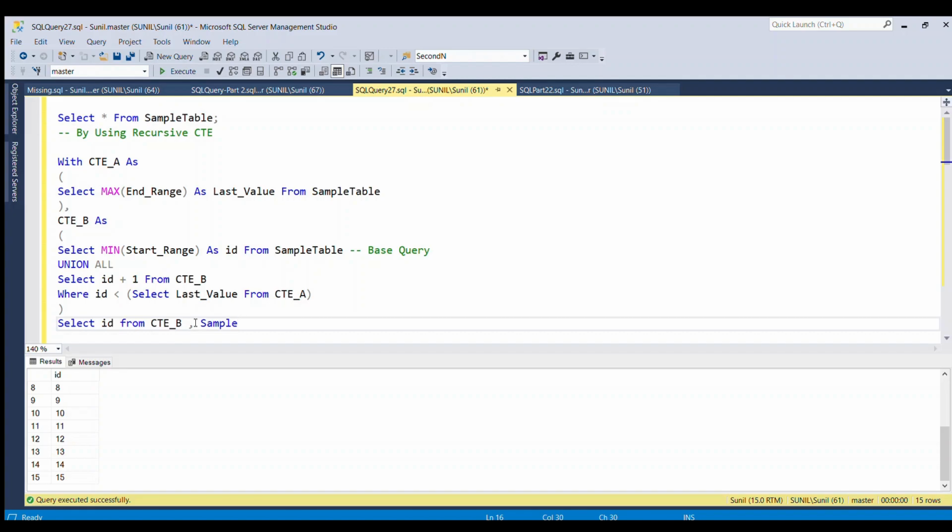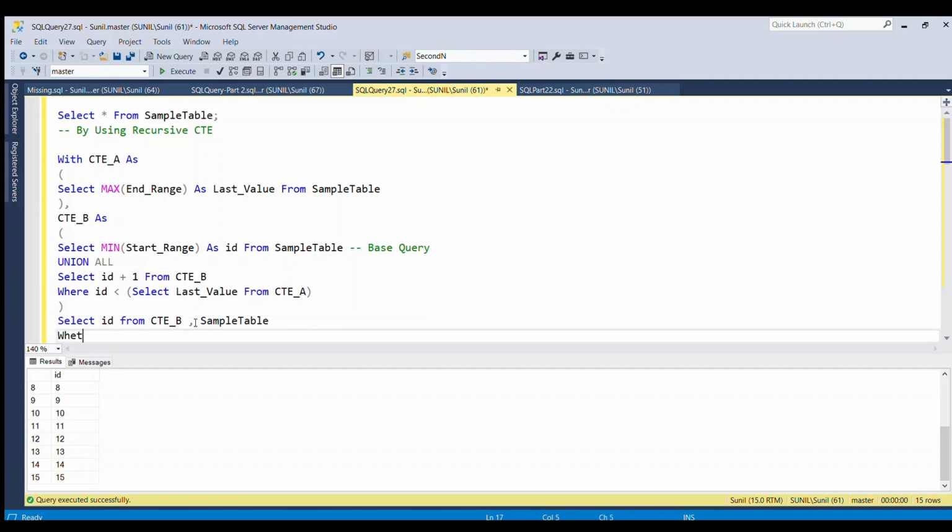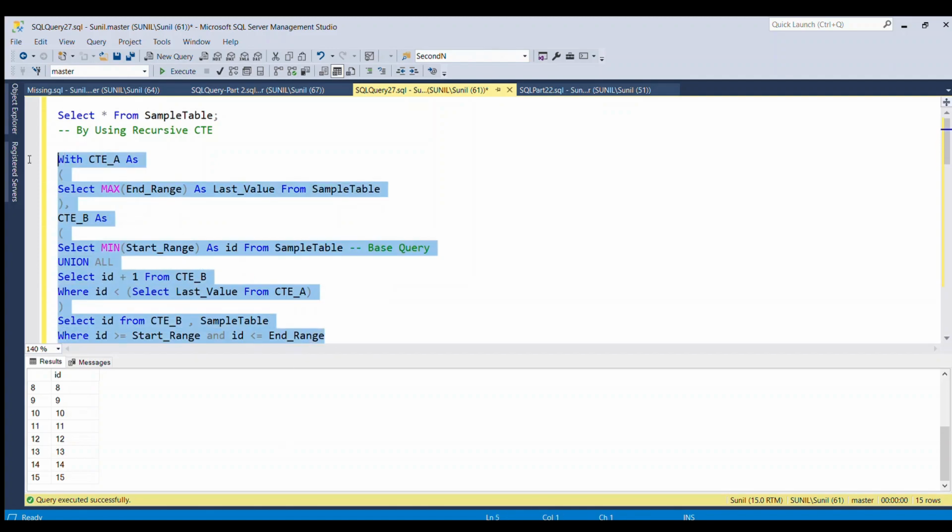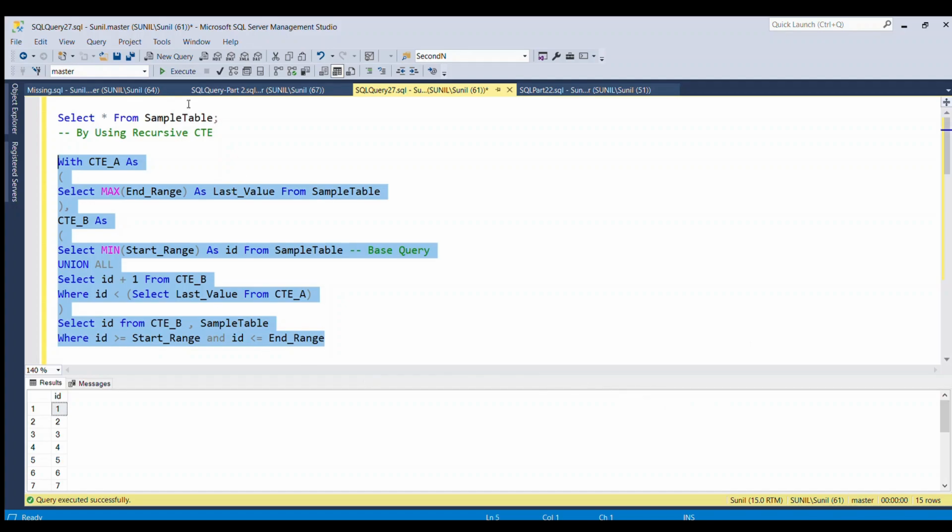So I am going to write sample table where ID is greater than or equal to the start_range column, and ID is less than or equal to end_range. If I run this full piece of code, here you go, you got the desired result. You can see over here.